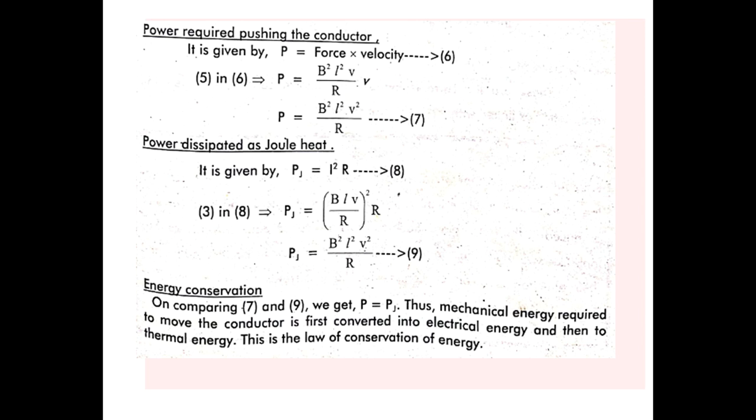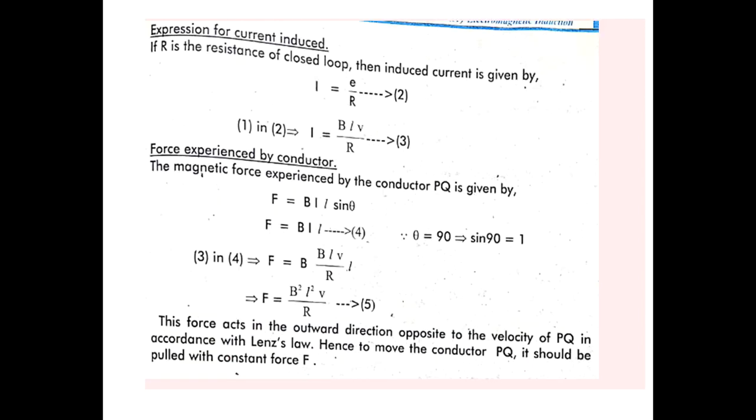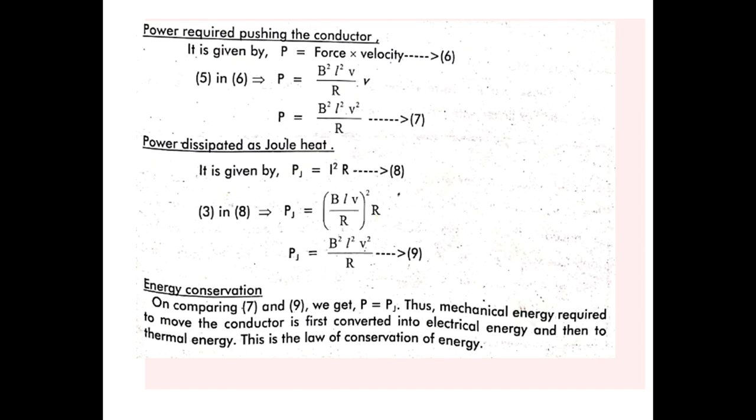Then we'll see the power dissipated as Joule heat. This is given by PJ, the power dissipation in Joule. PJ = I²R. Suppose that is equation number 8. From equations 3 and 8, what is equation number 3? I = BLV/R. Putting it in equation 8, PJ = (BLV/R)²